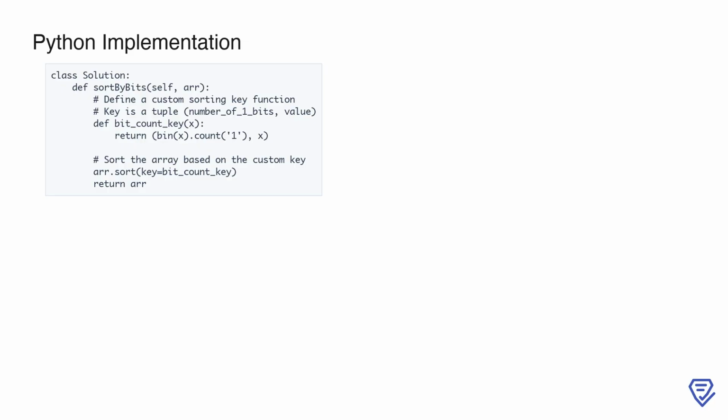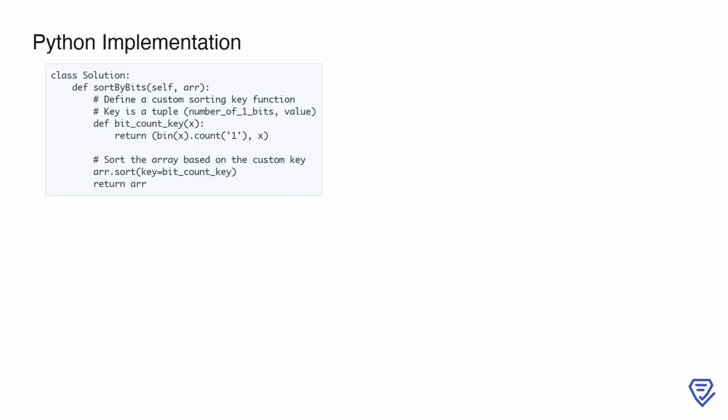3. Key function definition: inside the method, a helper function bit_count_key is defined. This function takes an integer x as input and returns a tuple, (bin(x).count('1'), x). Here, bin(x).count('1') computes the number of ones in the binary representation of x. x is included in the tuple to ensure that numbers with the same number of ones are sorted by their